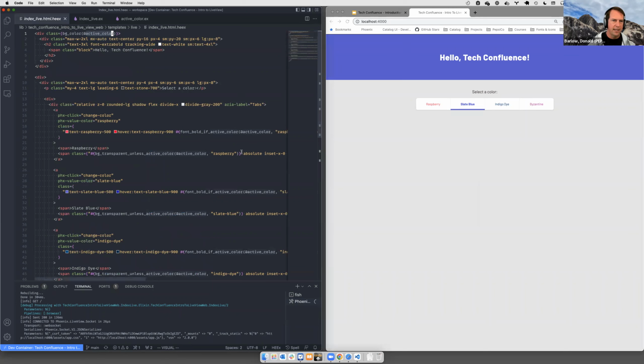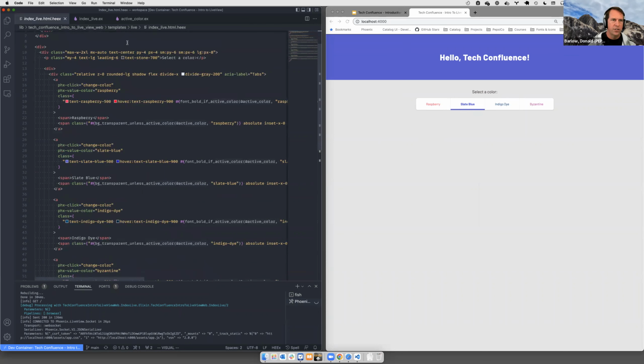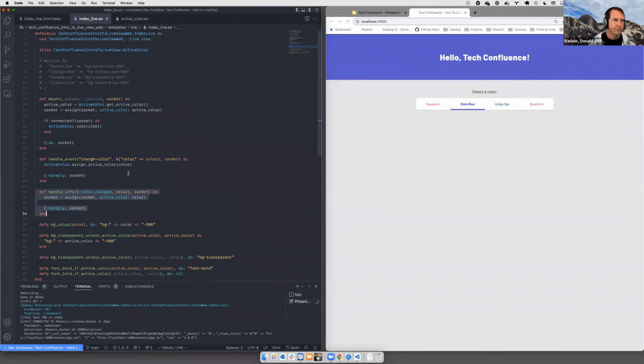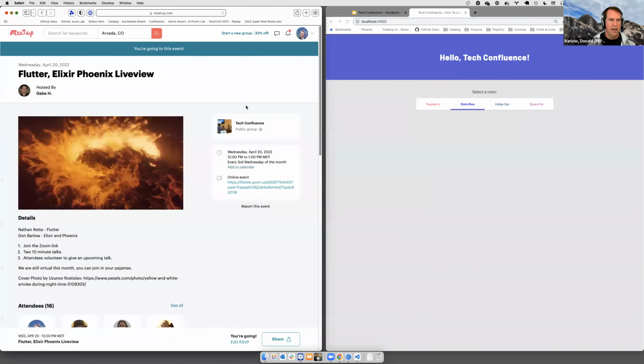There are some other things I have in here, like I make it bold if the active color happens to be, in this case, raspberry or whatever, and then add this little bar at the bottom as well, based on whether the active color is the one that's appropriate for this button. Those are just handled with small little helpers. And then the power is now I have another